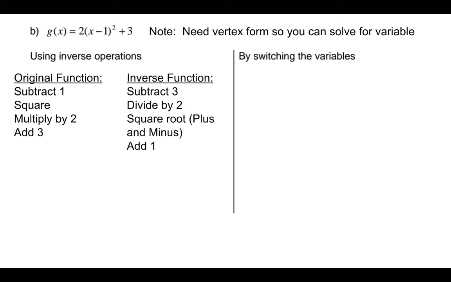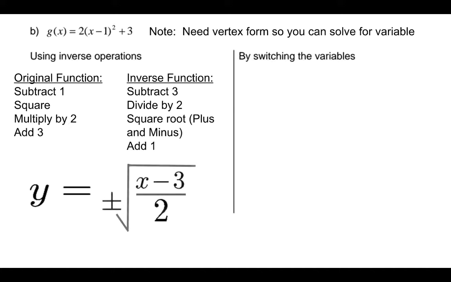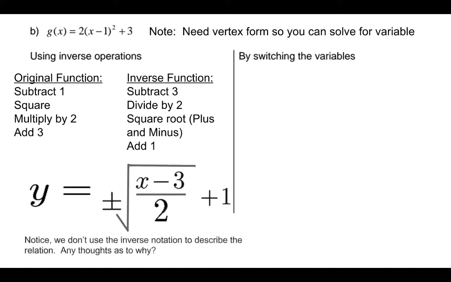The inverse function, we actually go in the opposite order, and then we do the inverse operation. So instead of adding 3, we subtract 3. Instead of multiplying by 2, we divide by 2 or multiply by half. Instead of squaring, we square root, and we include the plus or minus. And instead of subtracting 1, we add 1. And so just one at a time, we start by subtracting 3, dividing by 2, square rooting, and then adding 1. By switching the variables,